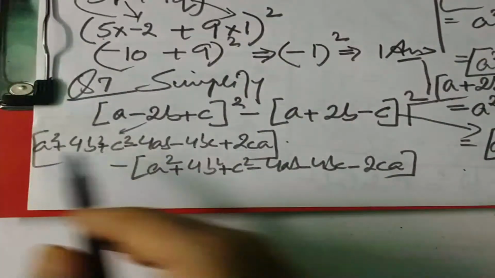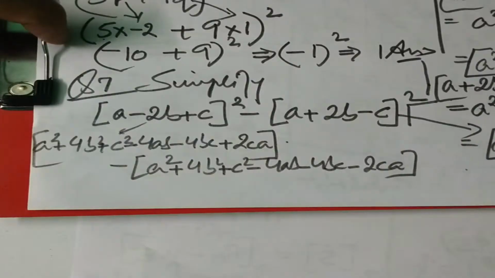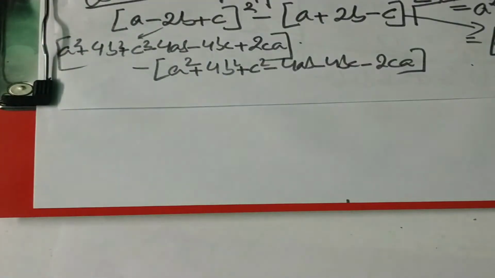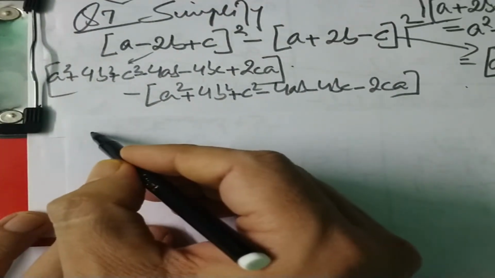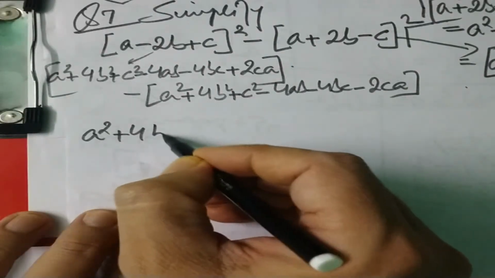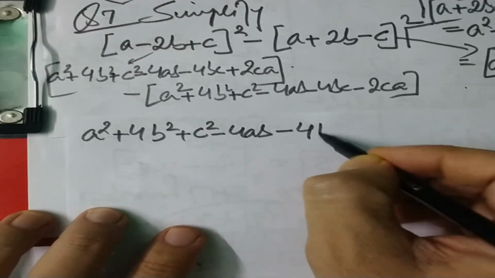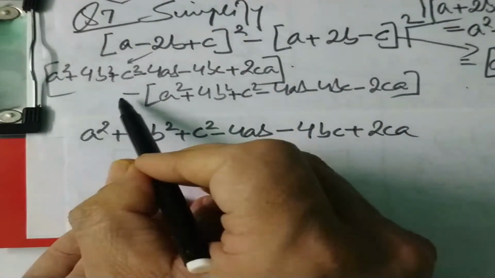Now these two brackets you have to open and subtract. Open them and subtract them. So when I open them and subtract them, it will give me an answer which I am showing you here. When I open the bracket, this expression, without bracket, will become a square plus 4b square plus c square minus 4ab plus 2ca. It is a lengthy one. I am writing all of them in one line, and then there is a minus sign, so